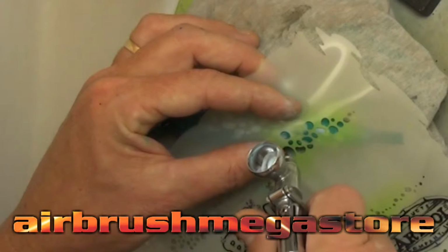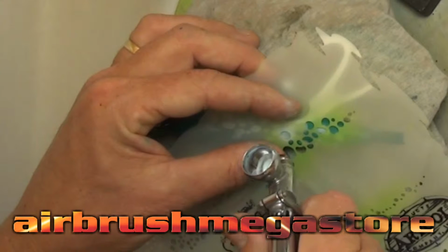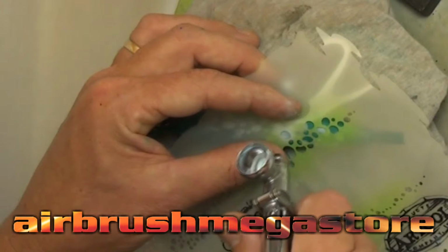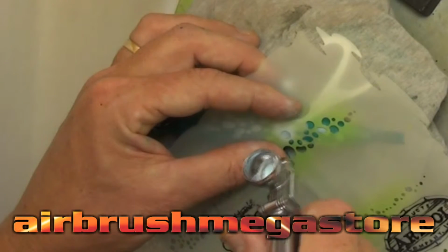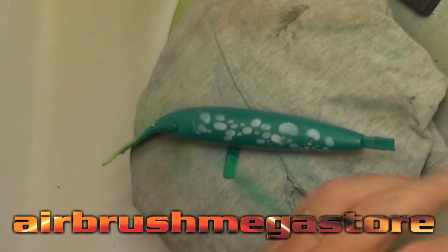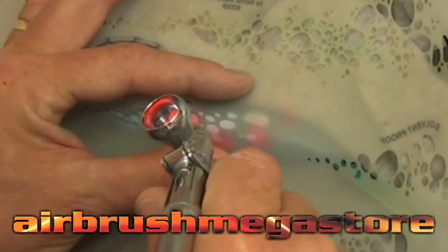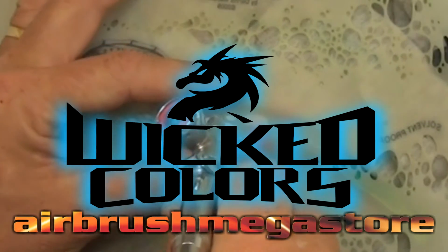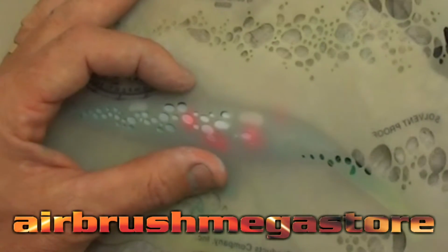We've gone now to our TRN1, which is a 0.35mm. That way we can control the fan pattern, and we've got ourselves the R-Tool stencils, the bubble effect stencils, and they have 4 different ones in the set and a bonus DVD so you can learn how to do bubbles. So you can come up with a myriad of designs here, and what we have done is we've got ourselves a UV glow white from Wicked Colours, and we've picked some random dots and we've sprayed down that as an